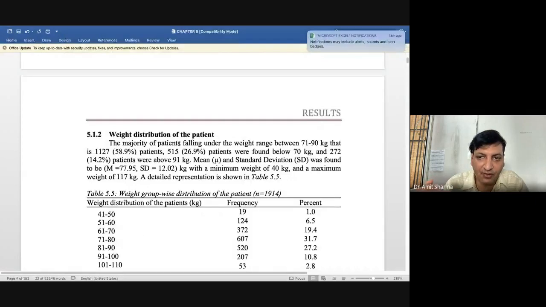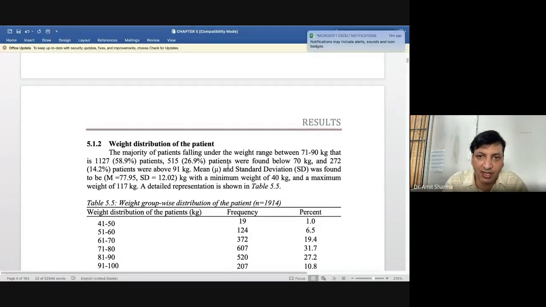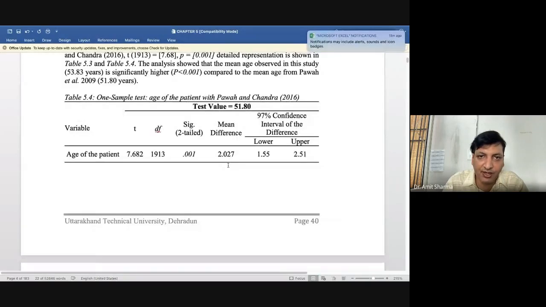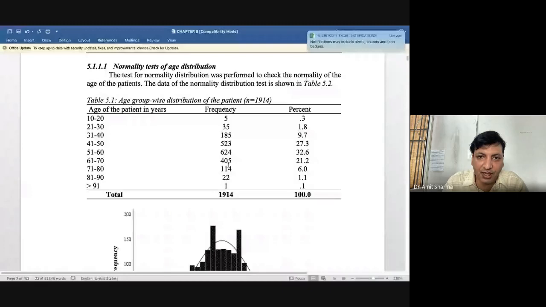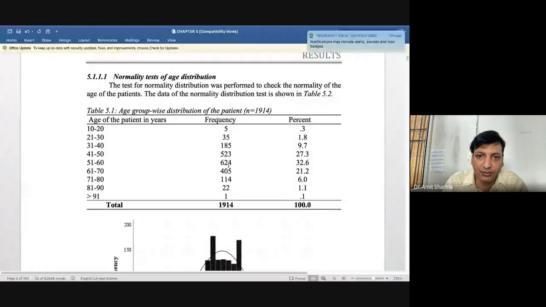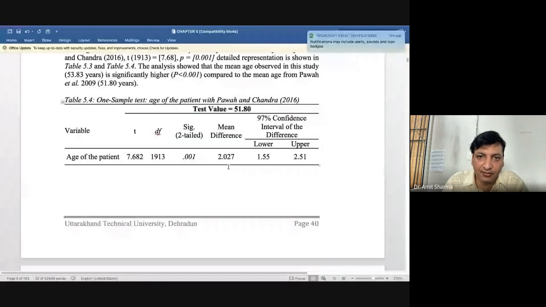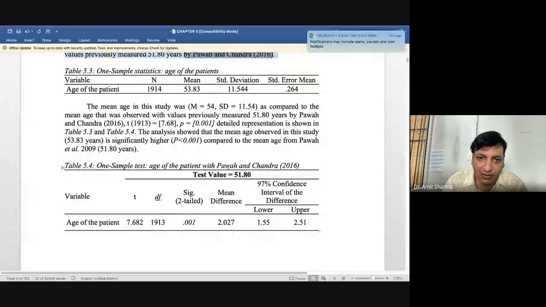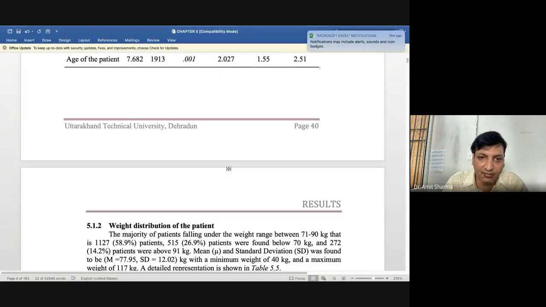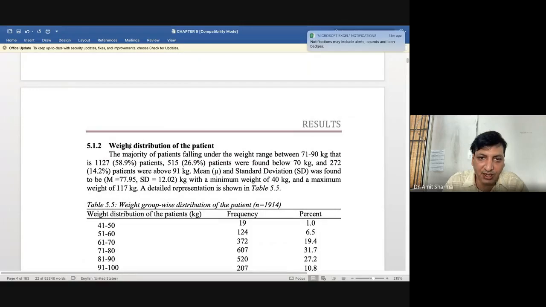Then, once I have discussed everything about age, you can see how many pages I have taken to discuss age. Page number 1, page number 2, this was page number 3, which means around 2 pages I have taken to discuss the age of the patient. We have provided the data in different forms, and then once everything about age was finished, I switched to weight distribution of the patient. Then I was discussing weight.